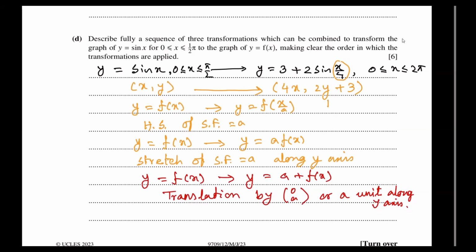Here we have to do the trace first, then translation. Trace first, then translation. Okay. Now let's write down the transformation in correct order. First we do what do we do? First we do translate horizontal trace along x-axis by scale factor 4